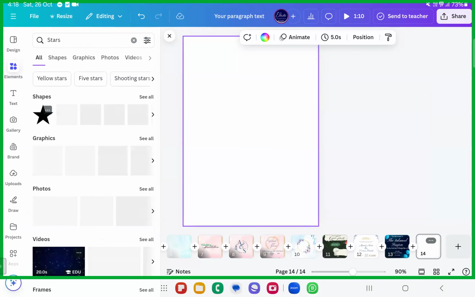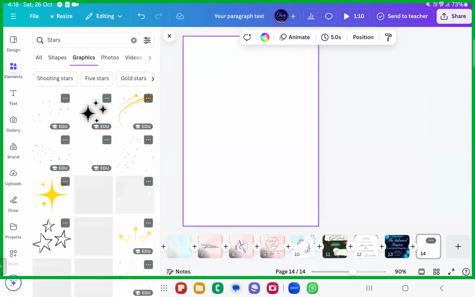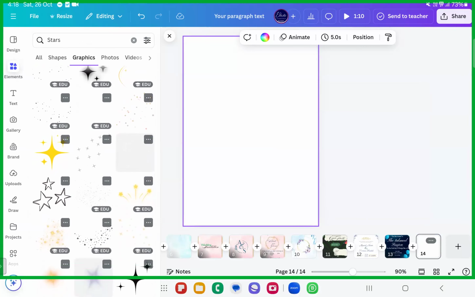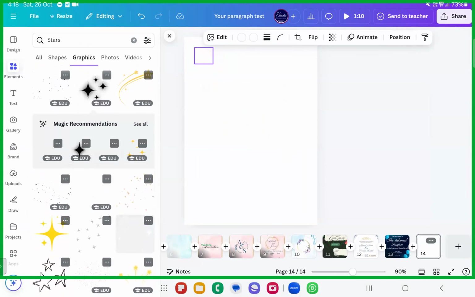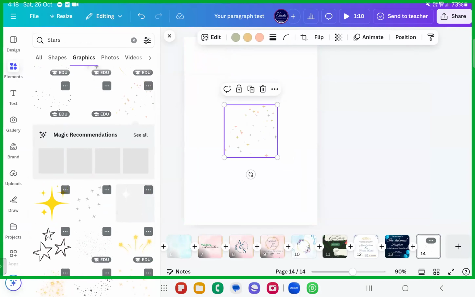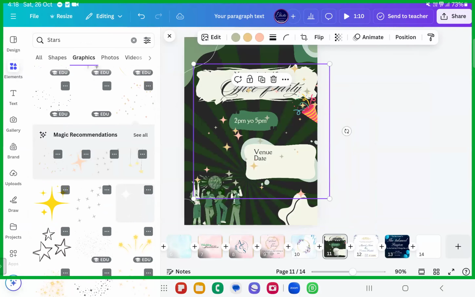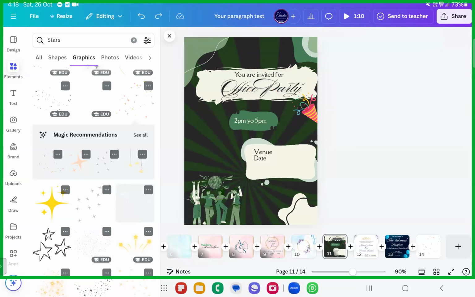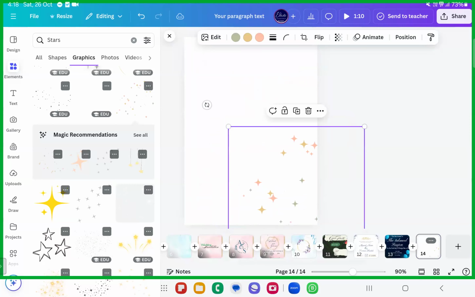Stars. We'll just add it to the frame. Make sure you're using the graphic. The beautiful stars, you can add it here and there. Okay, it's all in white, I guess. So we'll just put it here itself. Then we'll see how to change this over. Okay. So just add stars somewhere here. Okay, we'll add the star somewhere here.